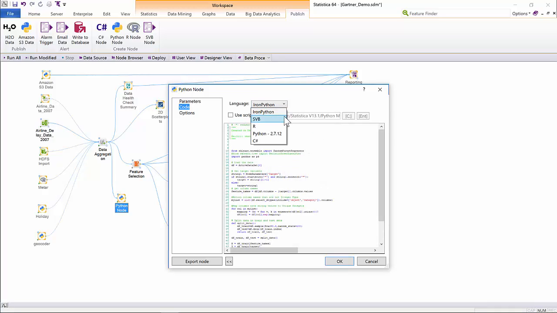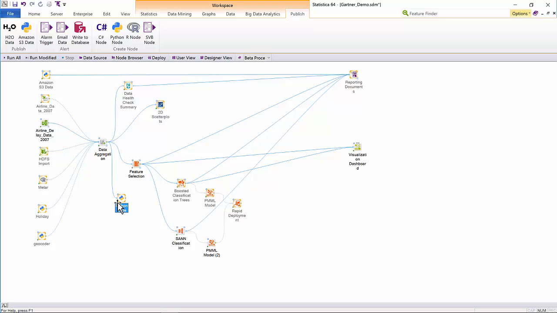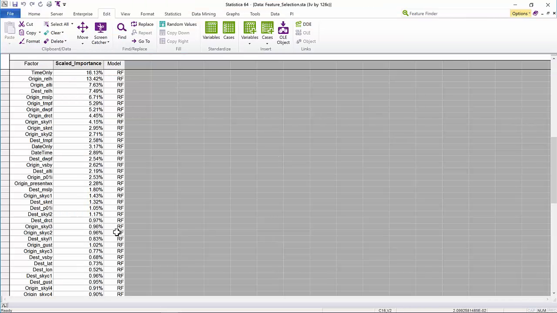As you can see, it supports multiple versions of Python as well as different languages such as R, VB, C#, and so on. We can now run this node and look at the results of feature selection using a random forest regressor from Python. So here are the results of the random forest model. It gives us an importance metric which can now be used to identify our top factors,